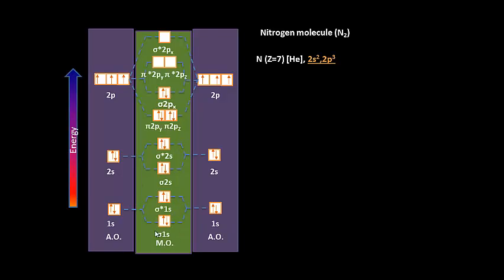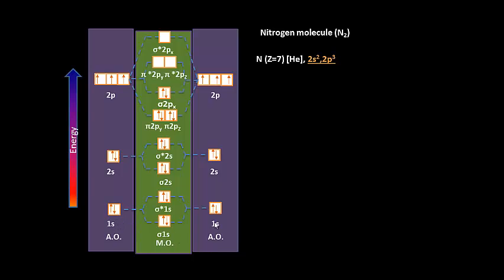While filling these molecular orbitals, we need to consider Aufbau principle and Pauli's exclusion principle. That means we need to fill first the lower energy orbitals, then the higher energy orbitals. And also, not more than 2 electrons can be present in one molecular orbital. As we combine two 1s atomic orbitals of nitrogen, we have two molecular orbitals. Since 1s orbitals are combining, they will form a sigma bond by axial overlap.